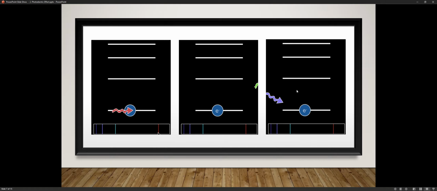Same thing is happening in the third GIF, right? This is light of a higher energy now. It's probably closer to the ultraviolet range, and it has more energy. And because it has more energy, the electron is going from the ground level, and I'm assuming that this is the ground level, I don't know if it is, but regardless, it goes from the bottom level up 2 levels. So you can clearly see that as you gain more electron levels, the more energy you're going to have,